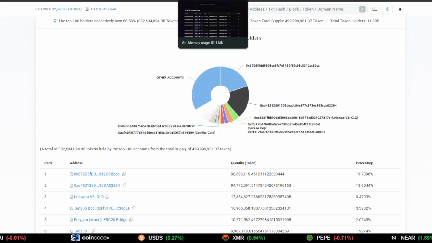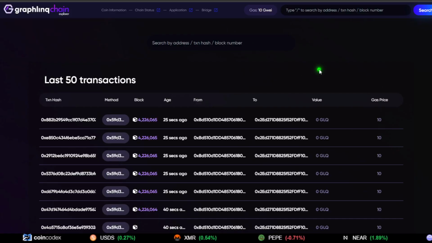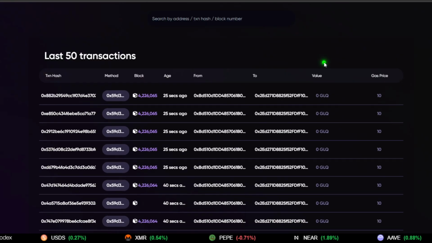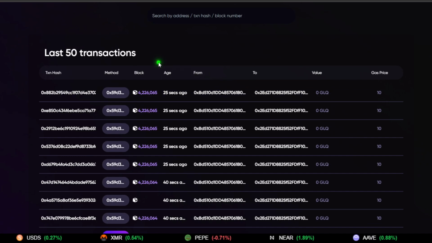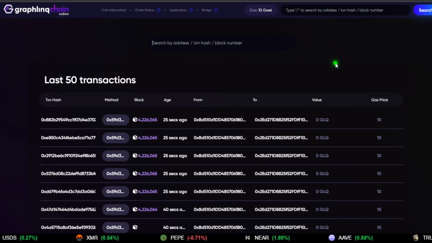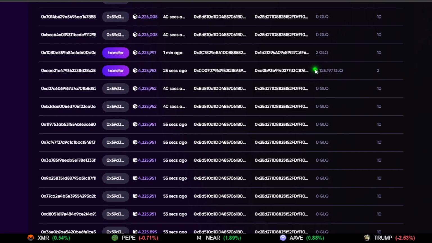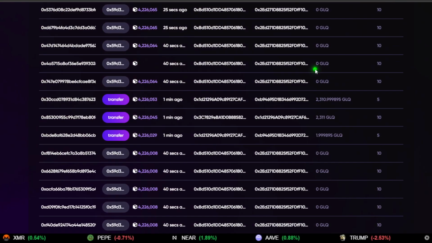Okay, so let's move on, and then we start to look at their own Explorer, that is their own custom Explorer, to see how the blocks are being, and it's very underdeveloped. Like, there's nothing happening here other than latest 50 transactions. That's all you really got. No data, no other information with regards to wallet sizes and this and that.